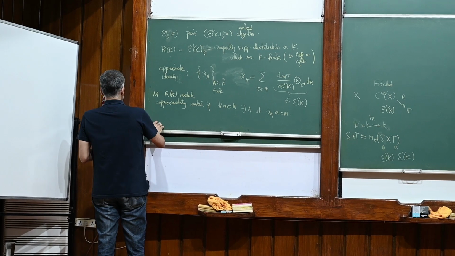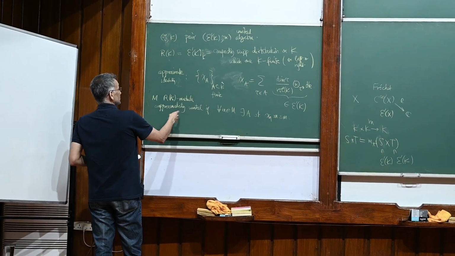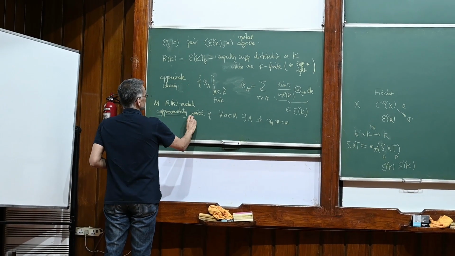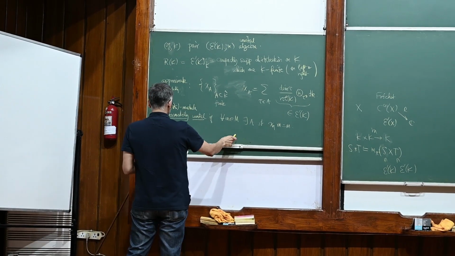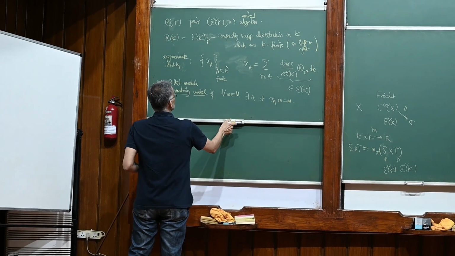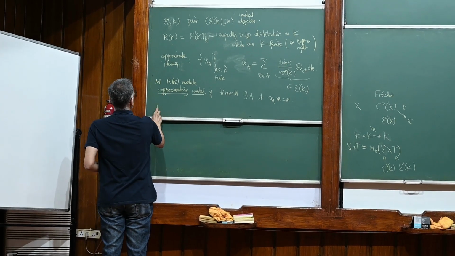Okay. And the category of approximately unital modules is an abelian category. It's a good category in which you can do whatever ring theory you want. It's just that things are not unital. Okay. So then one has the following proposition